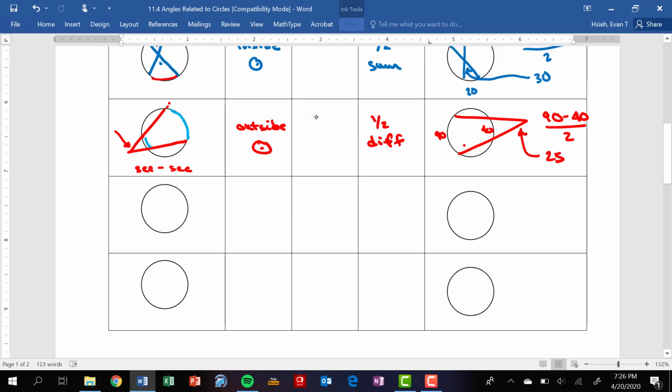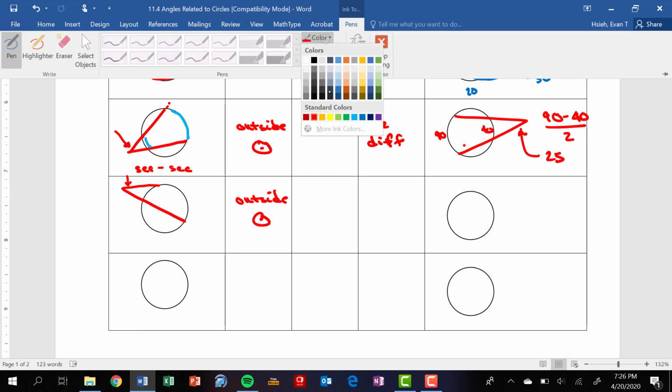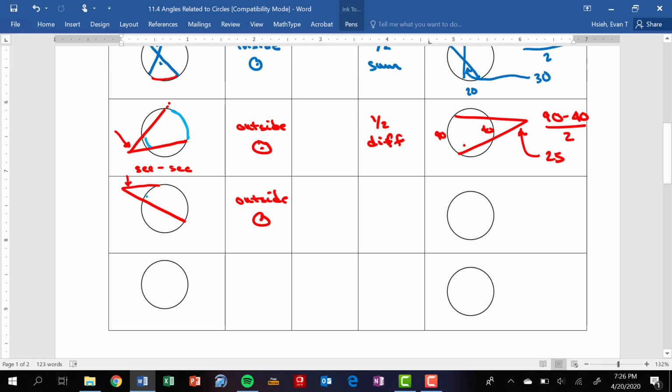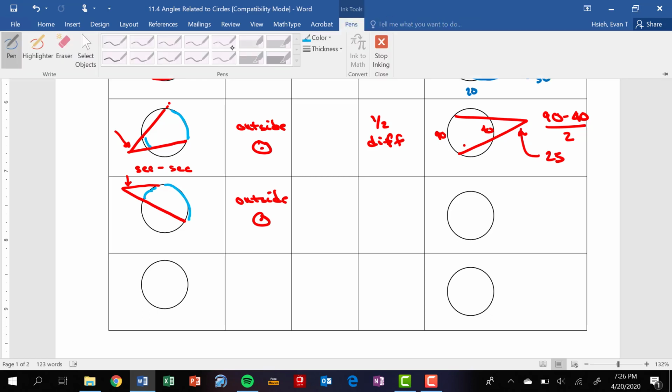Okay, next one is going to be what we call a secant tangent. That's a tangent, that's a secant. So we're looking at this angle right there. Again, it's outside of the circle. And the intercepted arcs are going to be the arcs that this mouth is eating, this one and that one. And again, we're looking at half the difference